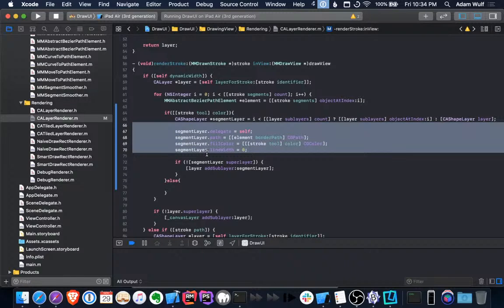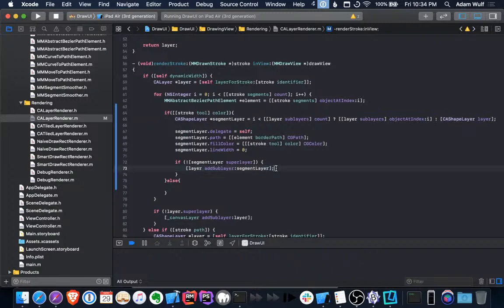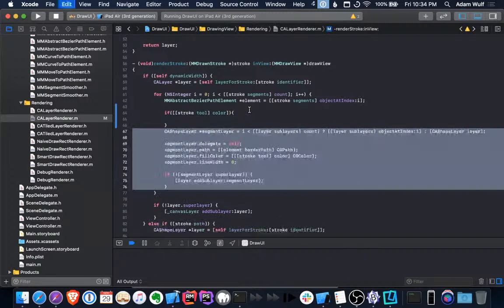It's updating it and then adding it to that layer if we need it to. We have one layer per stroke, and then inside of that stroke we have layers per segment. Actually, what we can do